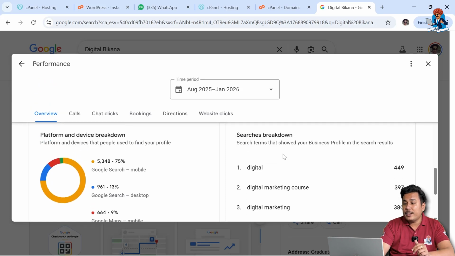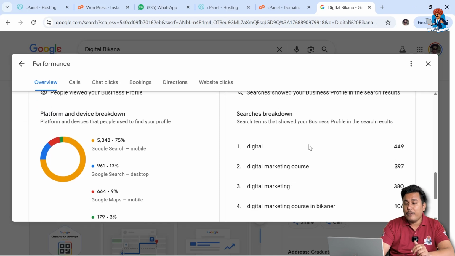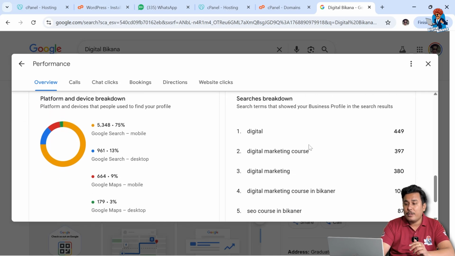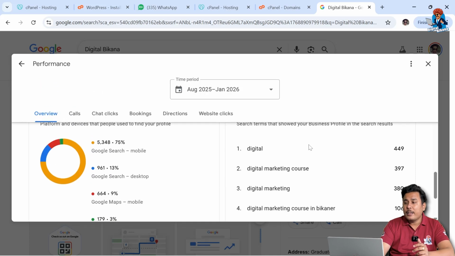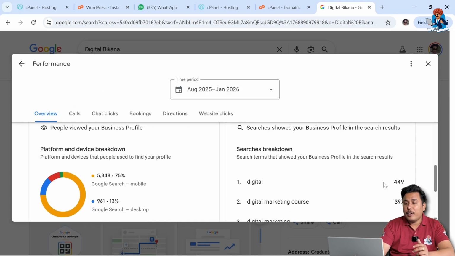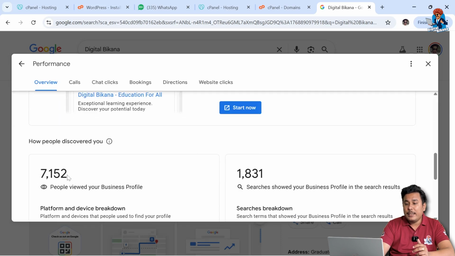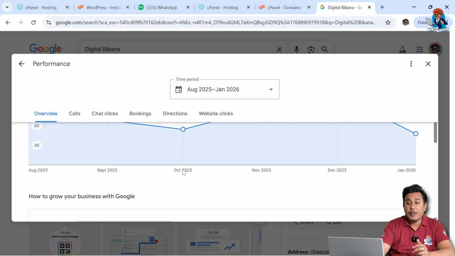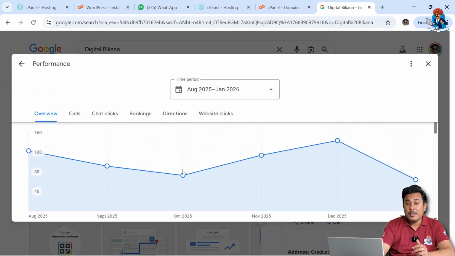And for which keywords our profile was displayed to them, like whenever they search for digital marketing course or digital marketing or SEO course in Bikana, then how many times our profile has been shown to those users. So automatically this number tells us that Google My Business listing plays a vital role in getting business from